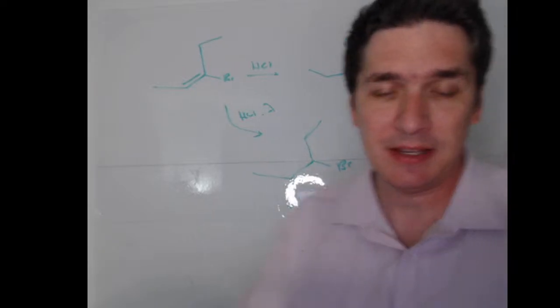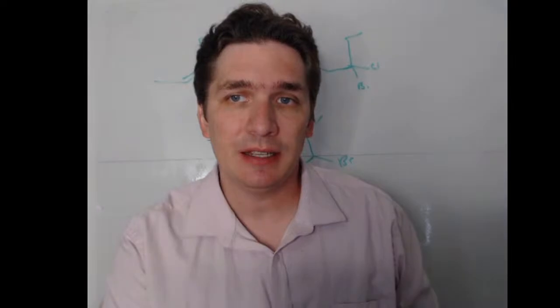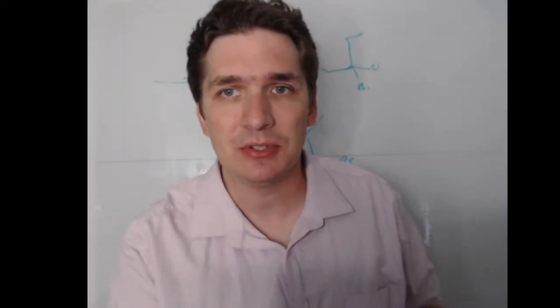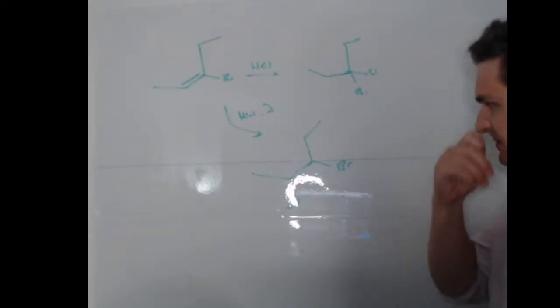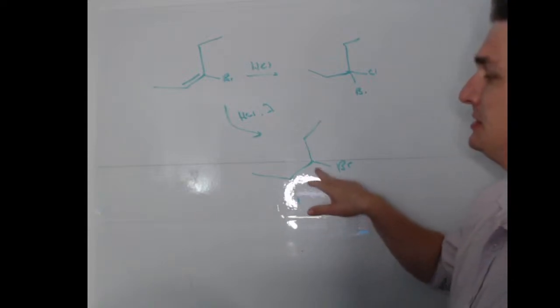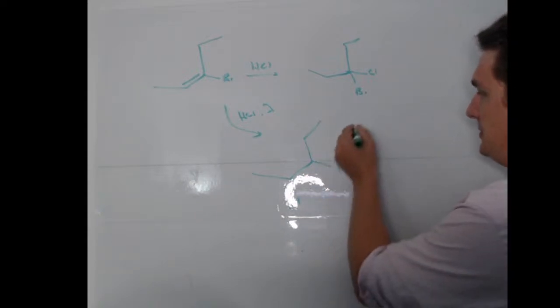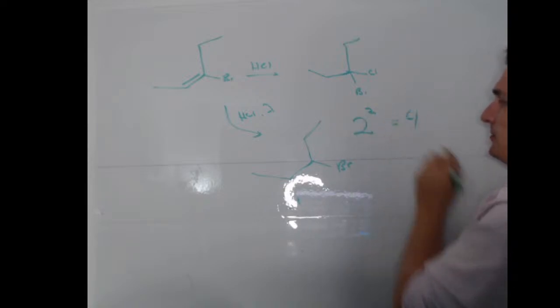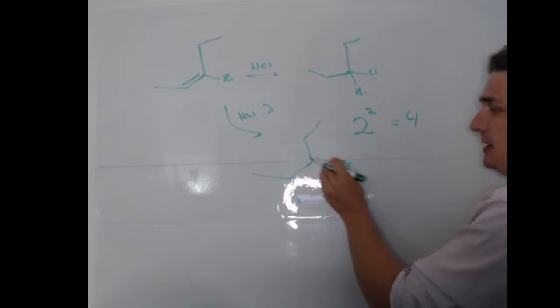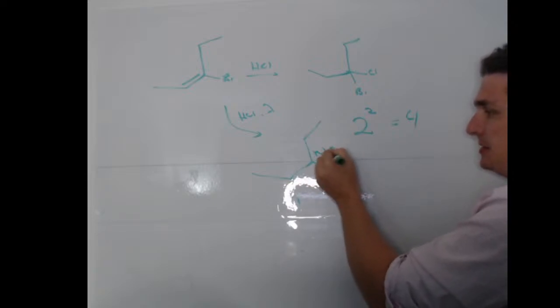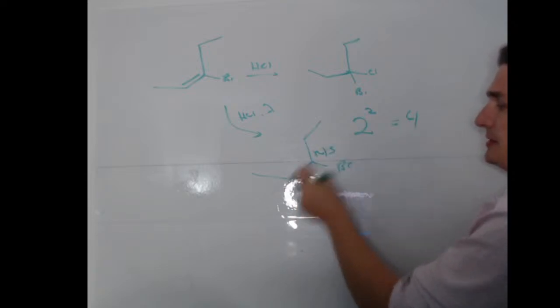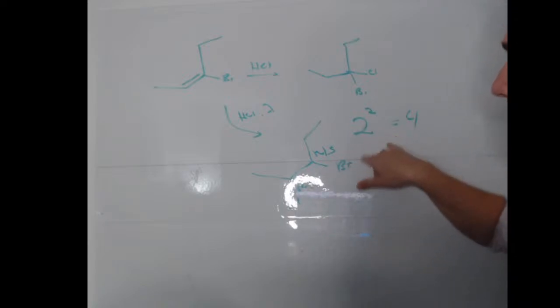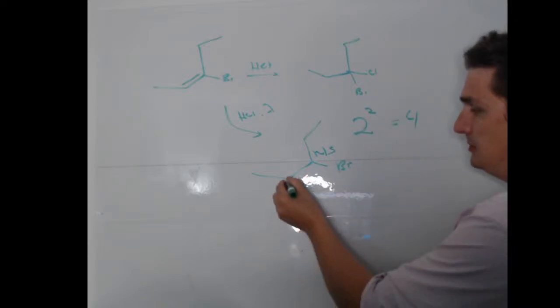So I would say as a first pass approximation, look at it and say, okay, just draw it without any stereochemistry. And ask yourself, are there chiral centers? In this case, we have 2. So we have 2 chiral centers. This gives us 2 to the second combinations. So there are 4 stereoisomers here. The RS for the Br and the RS for the chlorine. So this is where these 4 come from, is that we've got wedged,